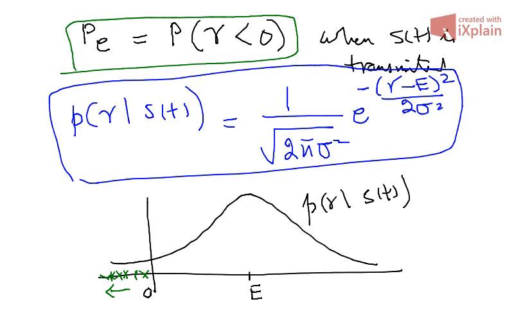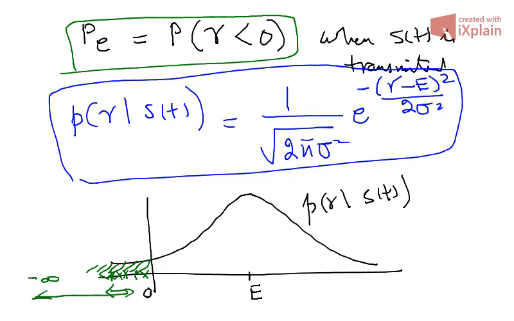We need to integrate this black curve, this conditional PDF, from minus infinity up to 0. So we actually need to integrate this area. And this area gives us the probability of error when S of t is transmitted. So when you transmit a binary 1 and you would get a 0, what's the chance to get a 0? It is the integral of this black curve in this range, from minus infinity